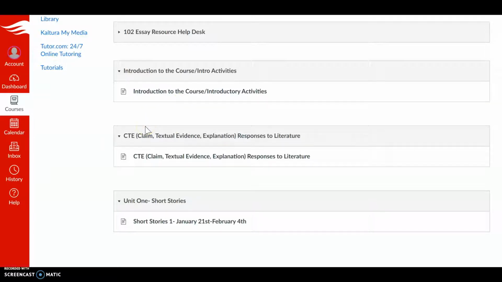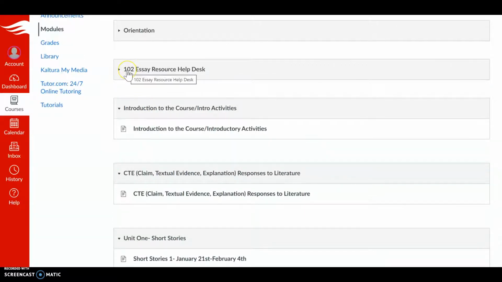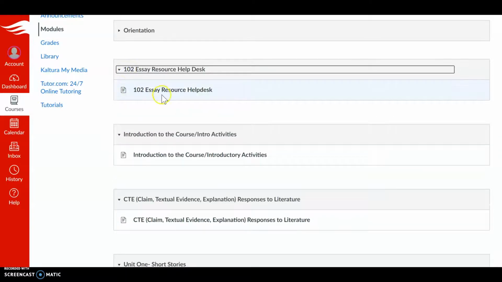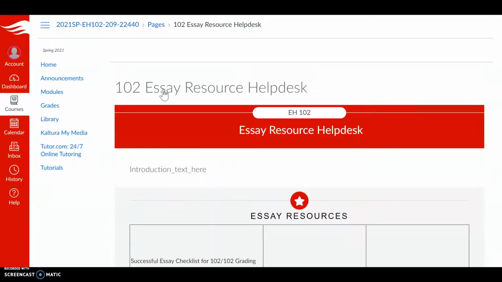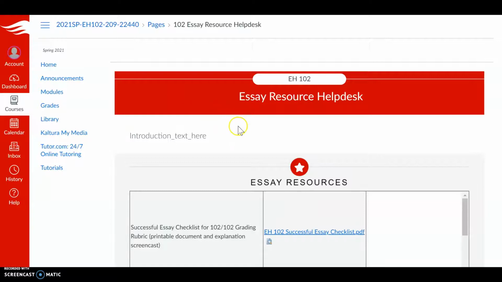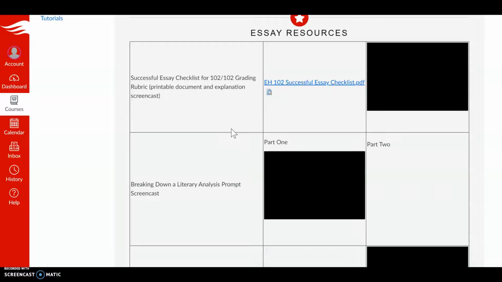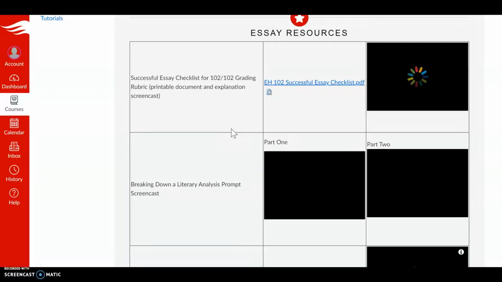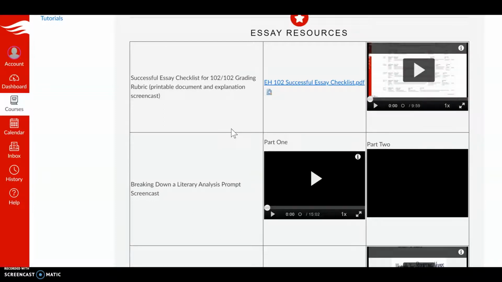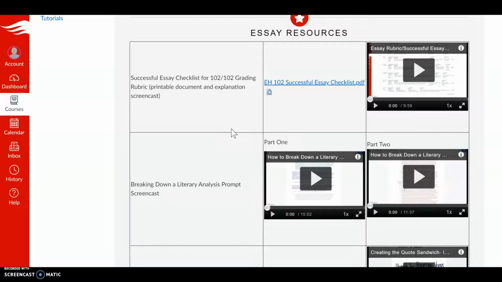I typically open up new units on the day after you submit an essay for the old unit. That way you can go ahead and start working at your own pace. Right here under Essay Resources Help Desk, this is something that I like to do. I have a wealth of resources, and I love to share those resources with you because I believe that the more, when you have questions,